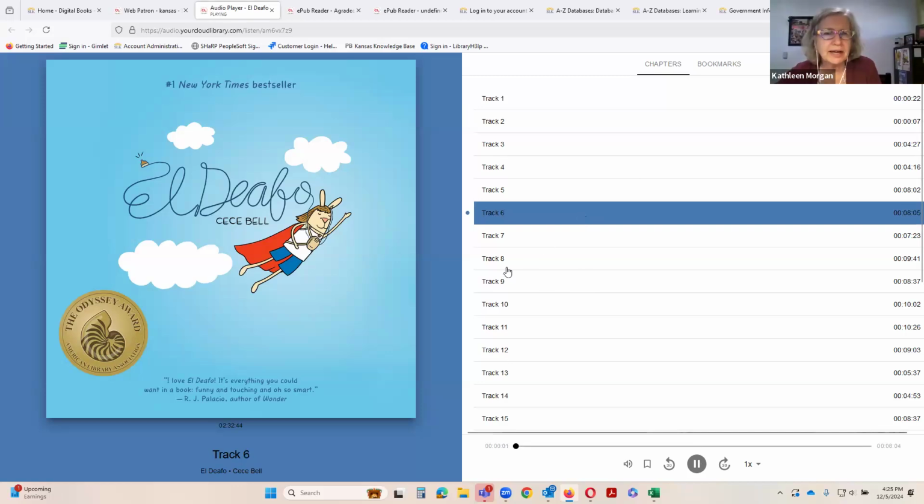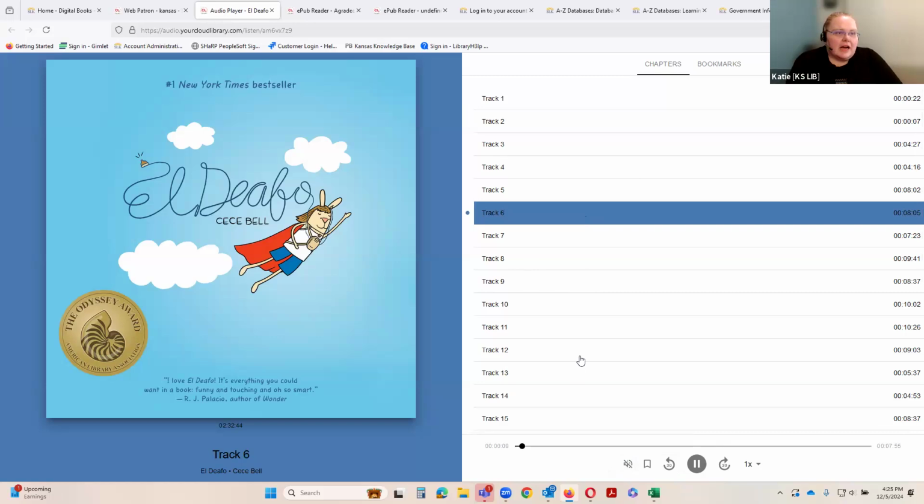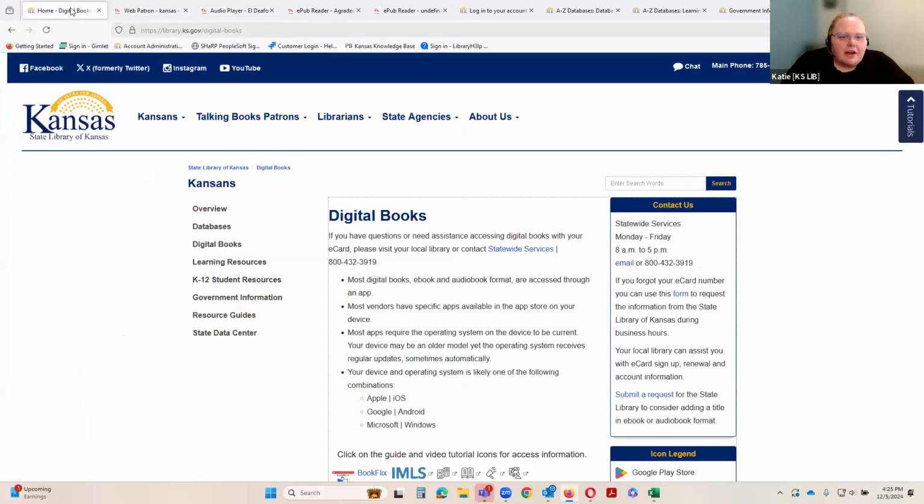So I know there's a Cloud Library app that you can download. Does the Kansas State Library have an app or no? The state library itself does not have an app. Okay. But the state library, I'm trying to remember if,